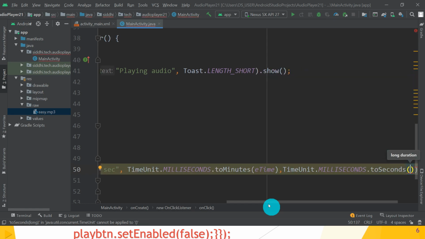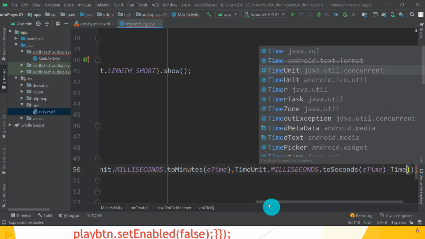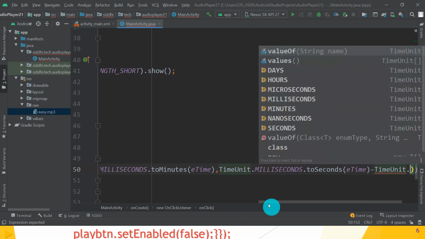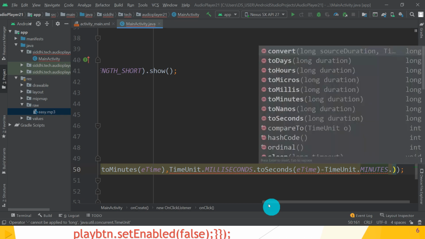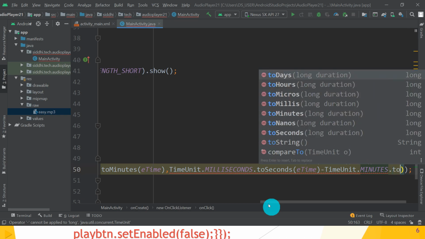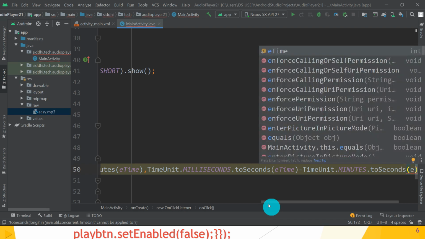So what we have to pass to this to seconds, end time. Great. So end time, after that minus it from the time unit dot minutes dot to seconds and pass end time.